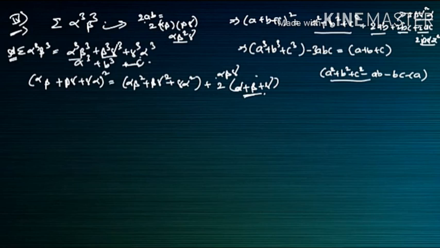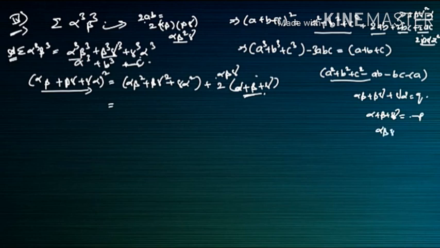So from this we can write it as alpha square beta square plus beta square gamma square plus gamma square alpha square, and this value we know already. Alpha beta plus beta gamma plus gamma alpha is equal to q, we know already. Alpha plus beta plus gamma is equal to minus p, and alpha beta gamma is equal to what we have got, minus r. So we'll substitute these values in this one, so here this will become q square is equal to this.